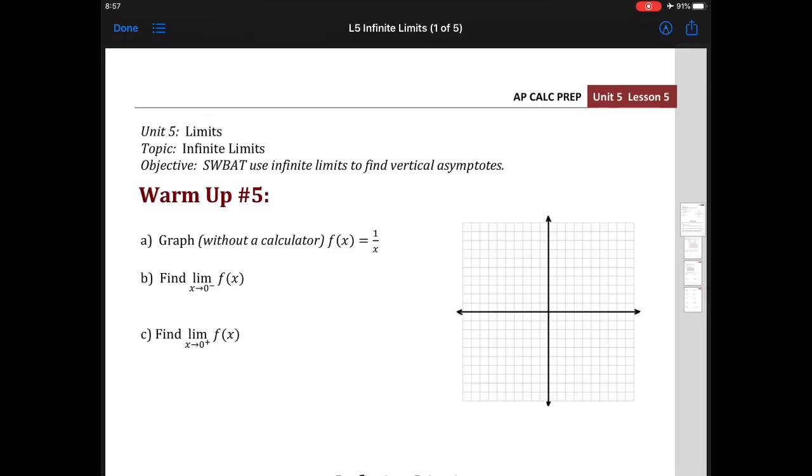Hi all, welcome to Unit 5, Lesson 5. Our topic today is infinite limits. I want you to try the warm-up on your own, so pause the video and